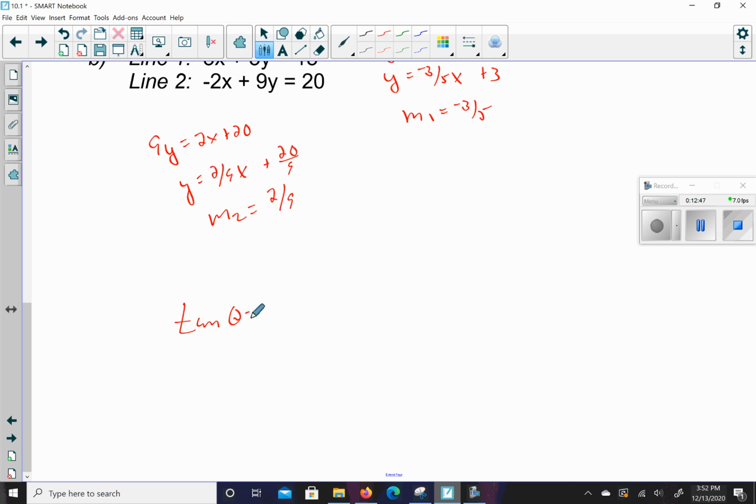So the tangent of theta is equal to M2 minus M1 all over 1 plus 2/9 times -3/5. When I do that, I get the tangent of theta is equal to